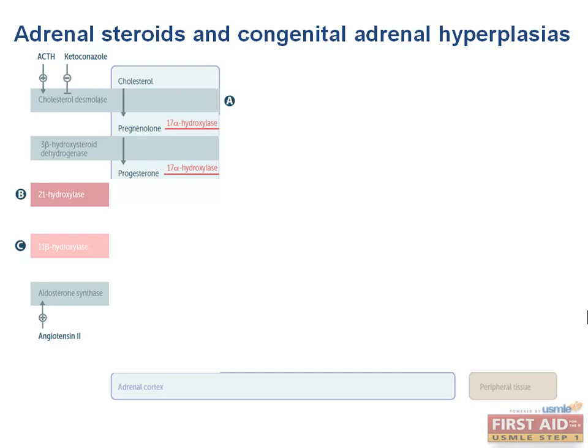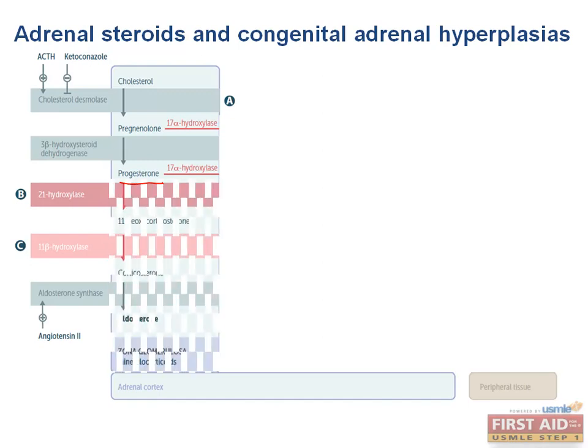Starting with pregnenolone, we see it cannot be converted into 17-hydroxypregnenolone, not shown in the diagram yet. So its only option is to form progesterone, which is shown here. Similarly, progesterone cannot be converted into 17-hydroxyprogesterone, also not shown in the diagram yet, so it flows down this pathway and eventually leads to production of aldosterone,